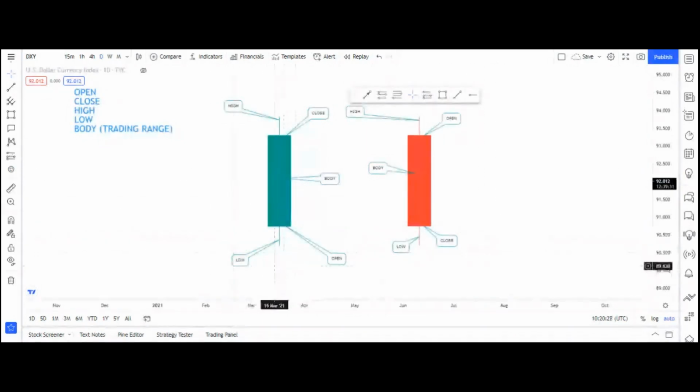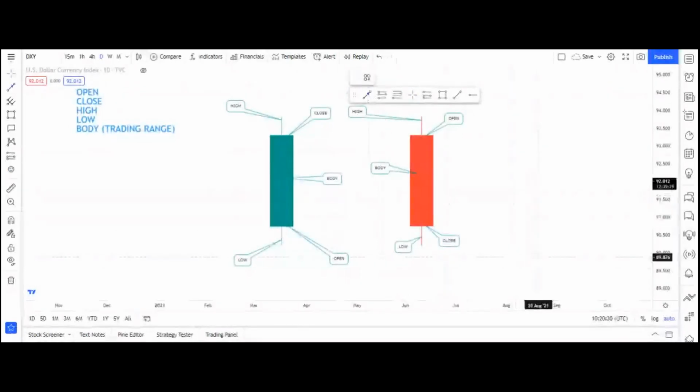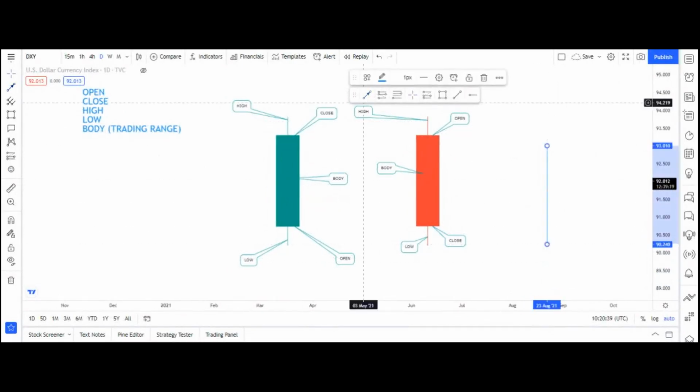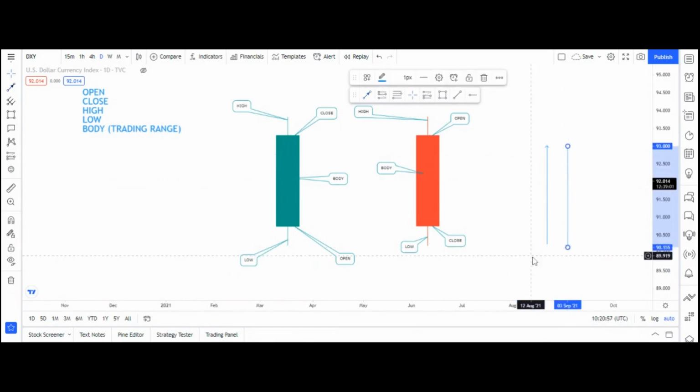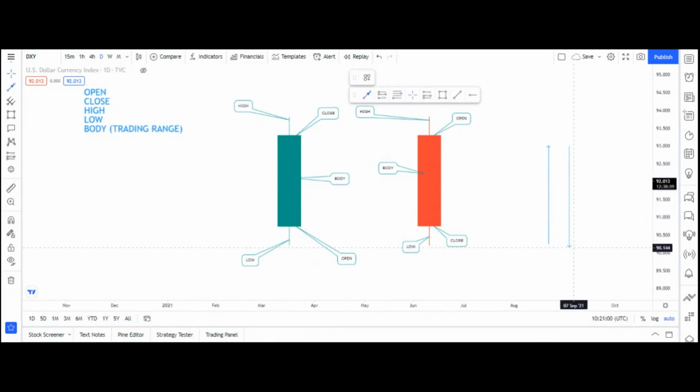Why is the open below? Remember, price wants to trade up. Price wants to trade up. Even if it opens up, even if it comes and opens here, the open is still below because it's trading up. If we have a bearish candle, even if it trades lower and the new candle wants to form and it opens here, which is low, the open is still above. Do we all understand? Yes or no?